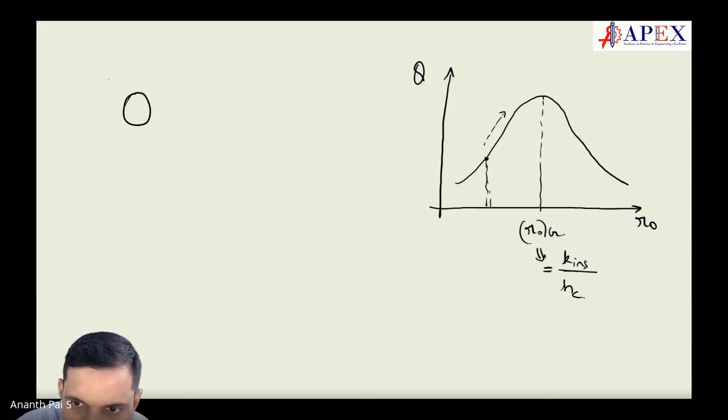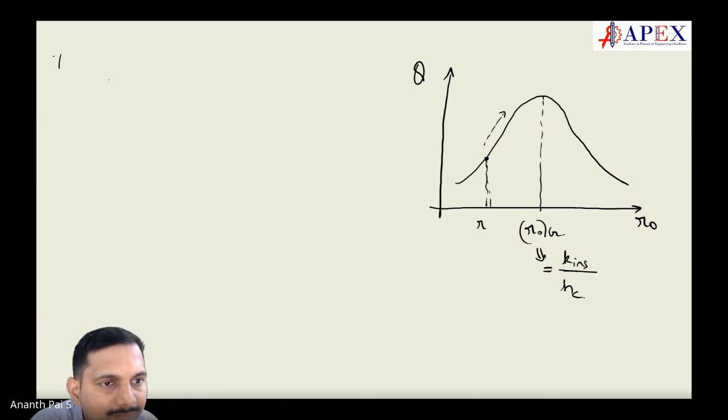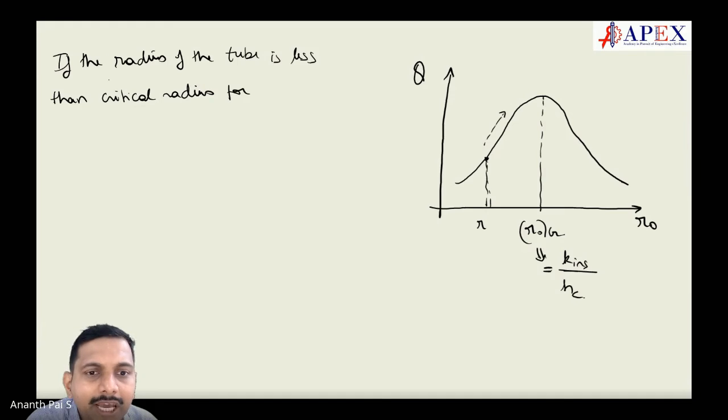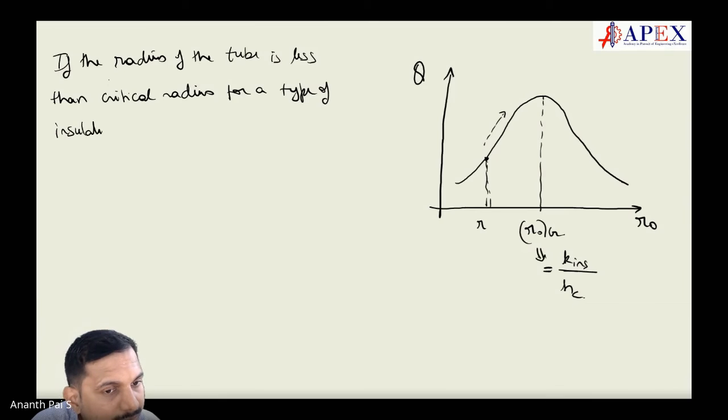If the radius of the steam pipe or the tube, that is Ri, is less than the critical radius for a type of insulation, very important, for a type of insulation,